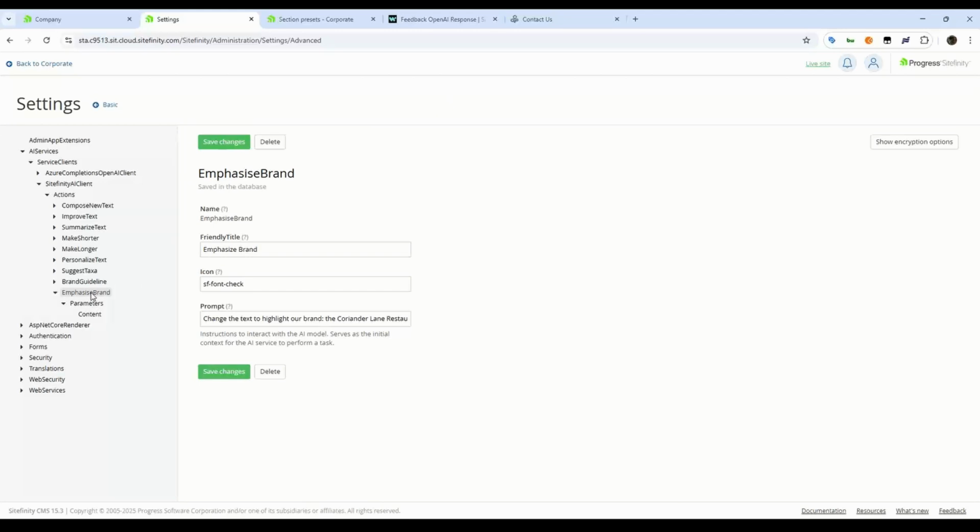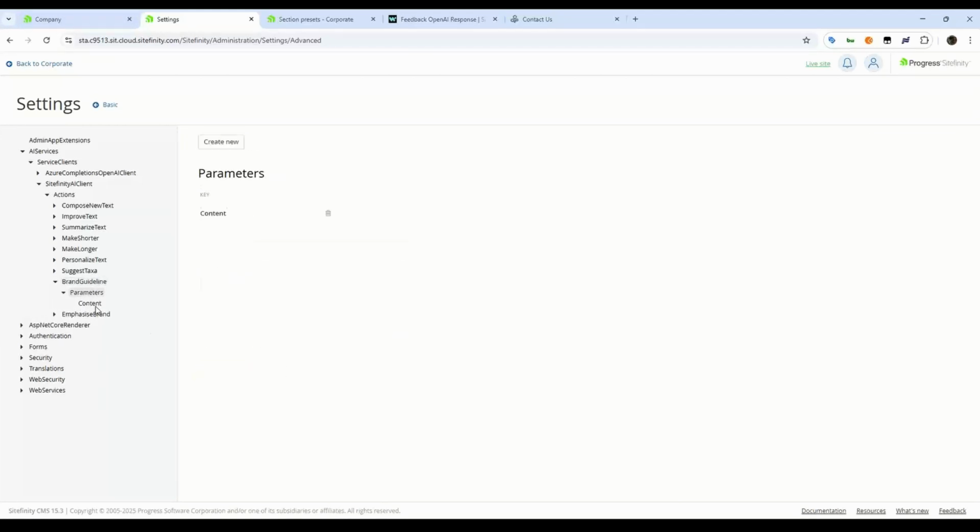So here's our emphasized brand prompt, if you will. So you're going to give it a title, you're going to give it an icon. We have several that you can use out of the box. And then this is what we're actually sending to AI, if you will, right? So here we're going to change the text to highlight our brand, the Coriander Lane restaurant. And then we have a couple quotes, and we're using content that we've highlighted in this particular case. So you cannot do this necessarily in this case from generating new content, although we could define a prompt to do something similar. So here's how we emphasize brand, and we also have our brand guidelines here as well, where